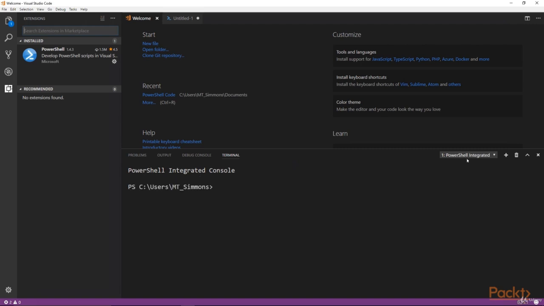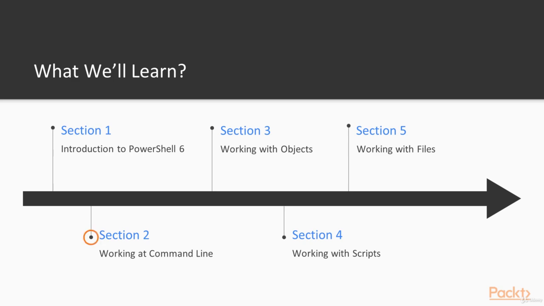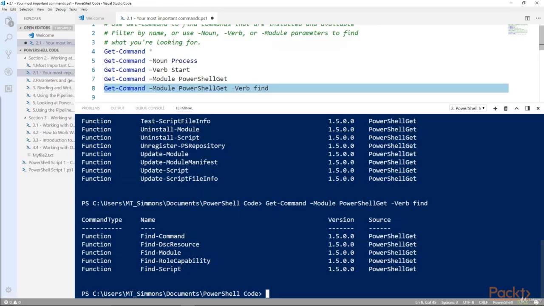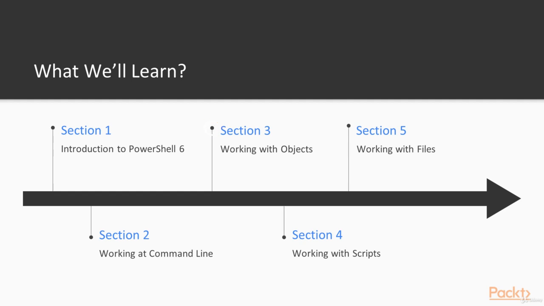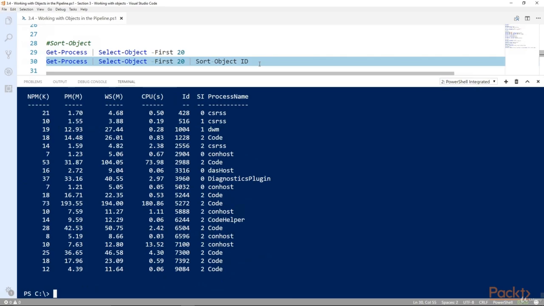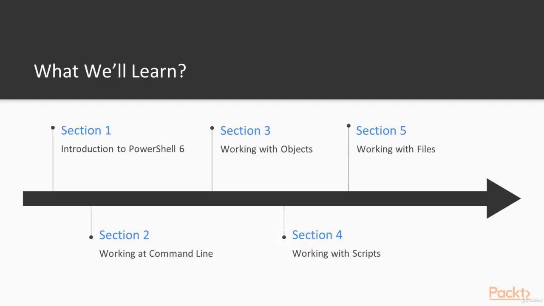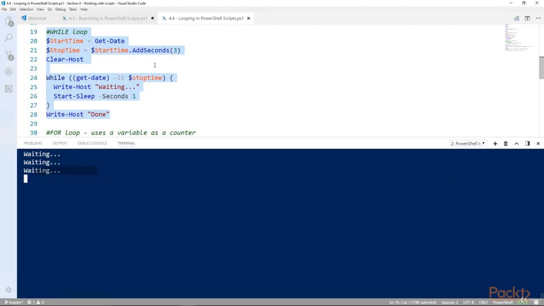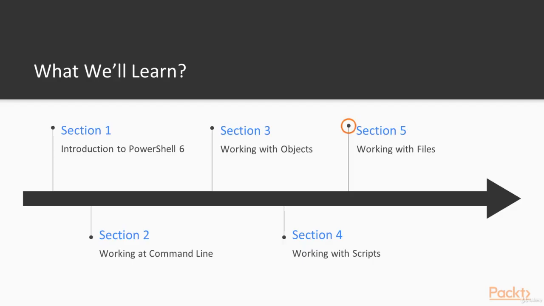I'm going to begin by explaining how we got here, PowerShell Core 6, what's different about it, and how to get the components installed on your system. Then I want to make sure that you understand the basic concepts of working with PowerShell at the command line. After that, we'll explore further into objects, since they're the functional building block of everything we work with in PowerShell. Next, we'll expand into writing down our code into reusable scripts, and finally, I'll give some deeper details into file